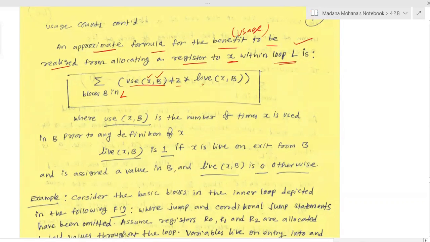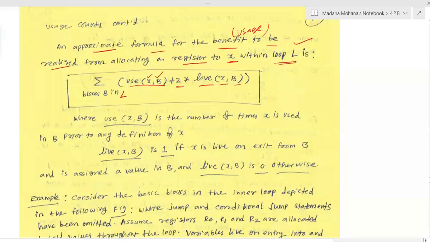Why? Because by default, whenever a register is used for X, it saves cost 1, so at minimum we will save cost 2 times live(X, B).